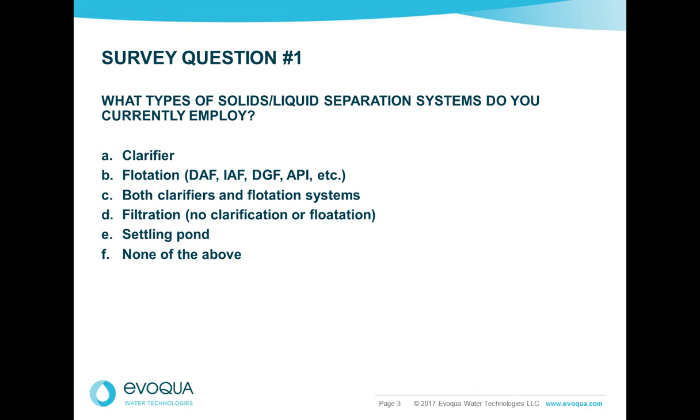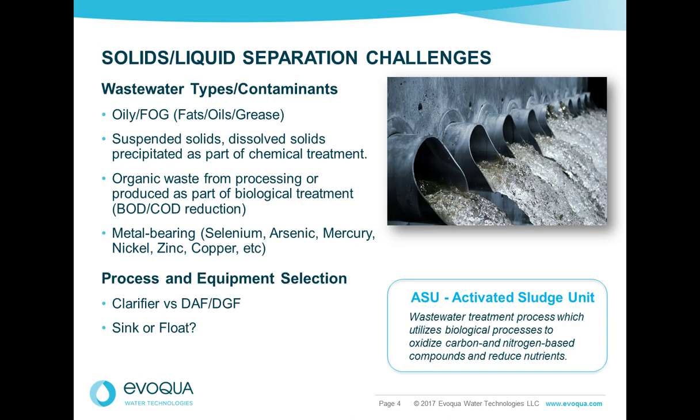Okay, thank you very much. Solid liquid separations in industrial wastewater covers a lot of ground. Wastewater streams from an industrial or commercial process may contain a number of contaminants, fats, oils and grease, free hydrocarbons, all of which require, just as an example, all of which require pre-treatment or otherwise have a large impact on the separation processes. Solids to be separated include those precipitated by chemical treatment as part of the wastewater treatment itself,